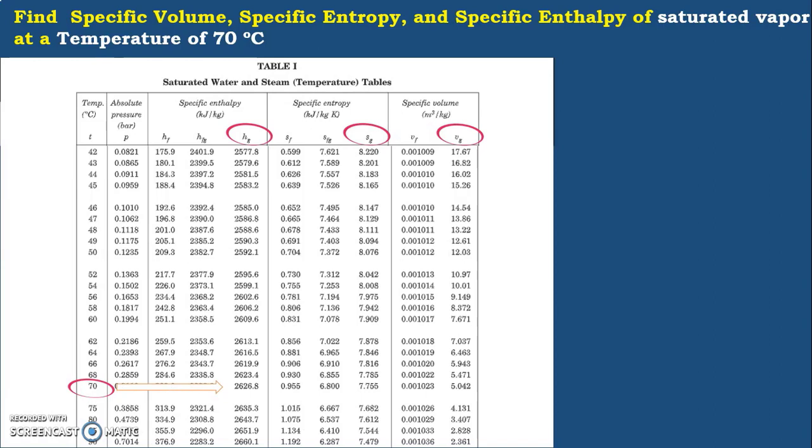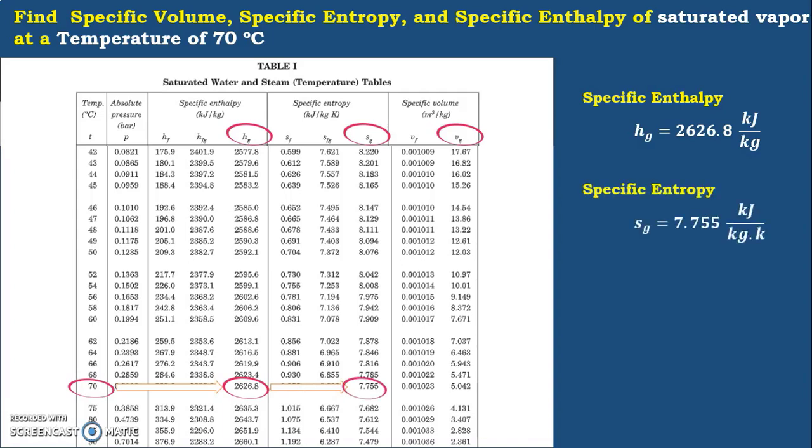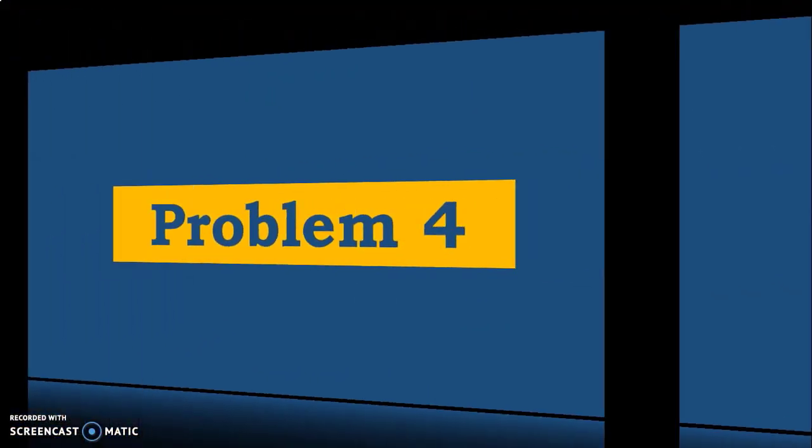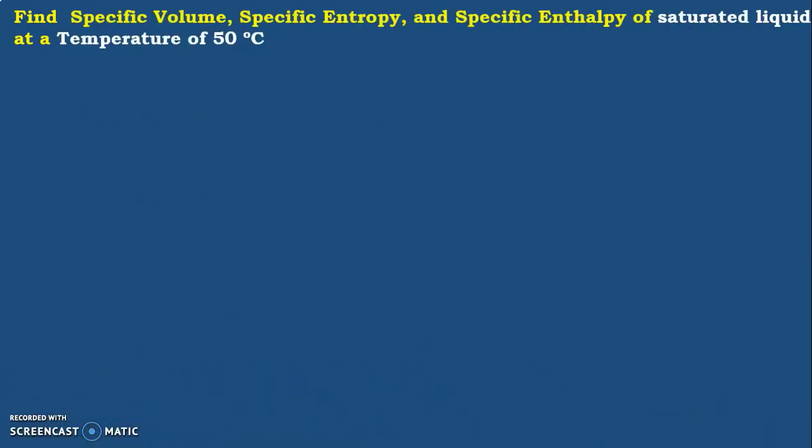Specific enthalpy of saturated vapor at a temperature of 70 degrees Celsius is 2626.8 kilojoule per kg. Specific entropy of saturated vapor at a temperature of 70 degrees Celsius is 7.755 kilojoule per kg Kelvin. Similarly, specific volume is 5.042 meter cube per kg. Next, problem number 4. Find specific volume, specific entropy, specific enthalpy of